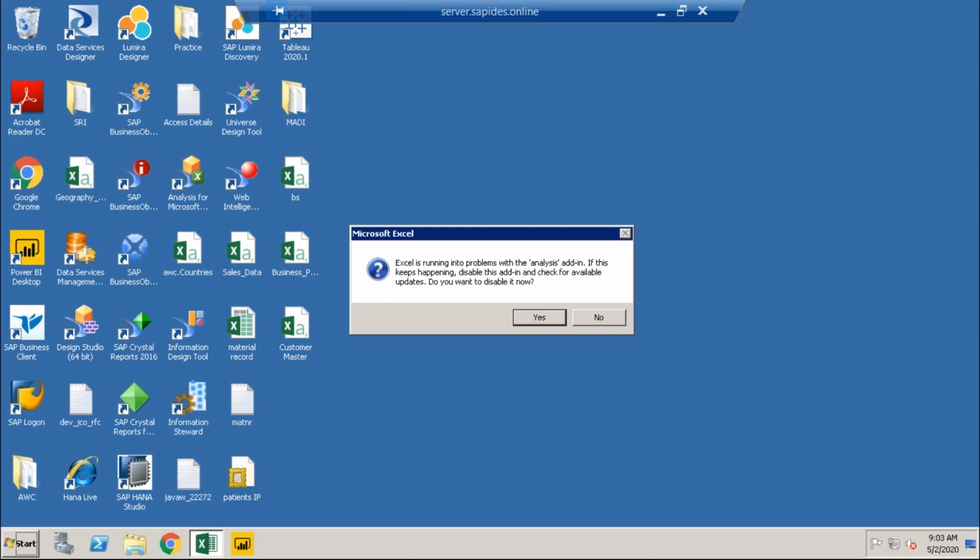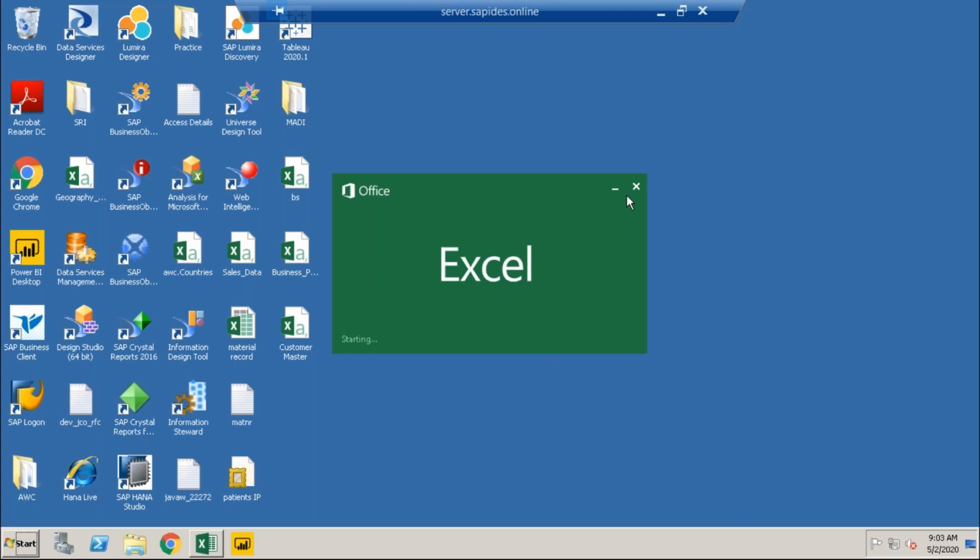Is it stuck again? Yeah, I think some problem is going on.